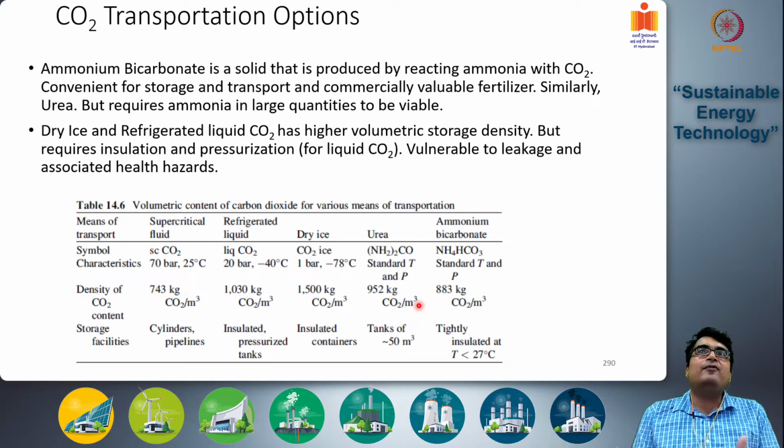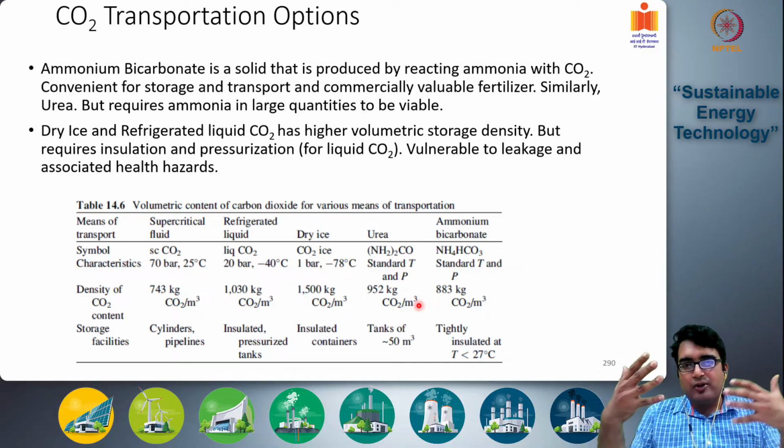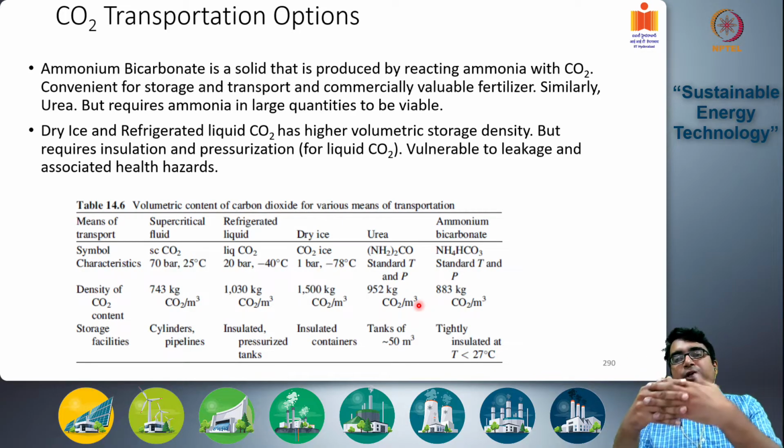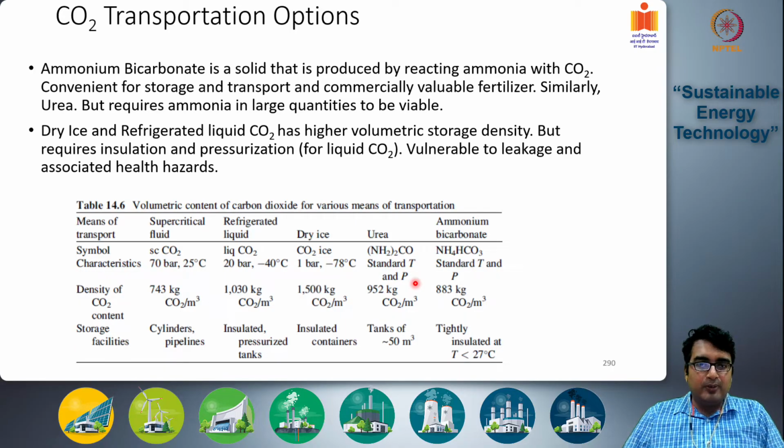So this is a good integration of two technologies, hydrogen storage as well as CO2 storage, in a single solid medium called urea, which contains NH2 CO NH2, and it can be stored at standard temperature and pressure. Urea is non-toxic, a very well known fertilizer. The method is well developed already, and the densities are quite reasonable, around 952 kgs of CO2 per meter cube. So the density of urea is close to,